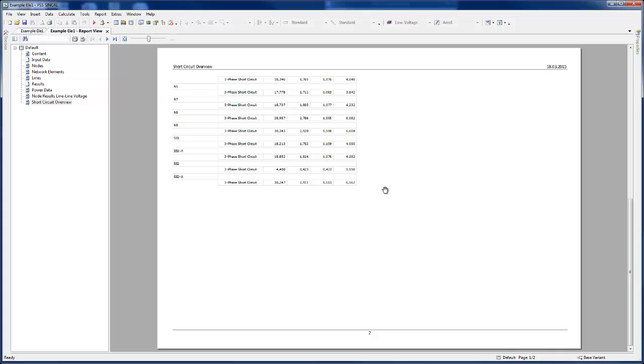Additional to the fault types shown here, any combination of faults, for example, a double earth fault, can be calculated in the enhanced short circuit module multiple faults. Furthermore, the simulation of short circuits forms an integral part of many other PSS SINCAL modules, in particular in dynamic and protection simulations. In these modules, many additional features are provided. For example, the simulation of faults along lines, or the automated simulation of faults on different locations along lines,